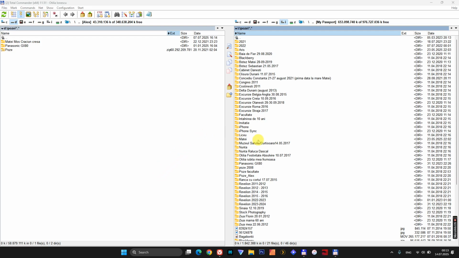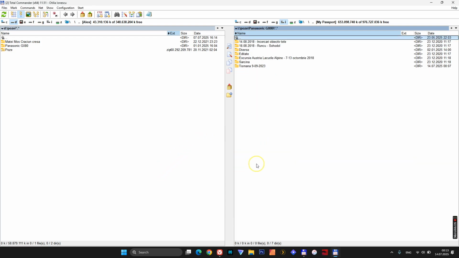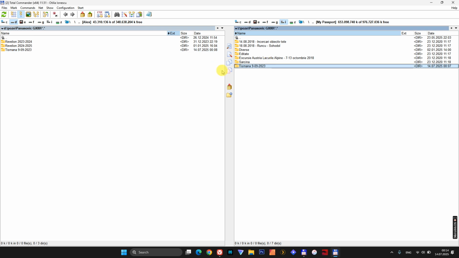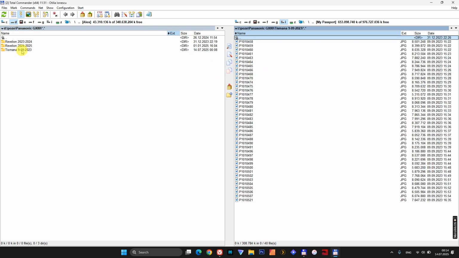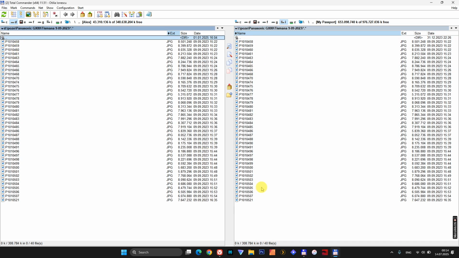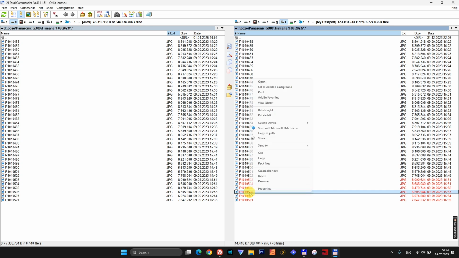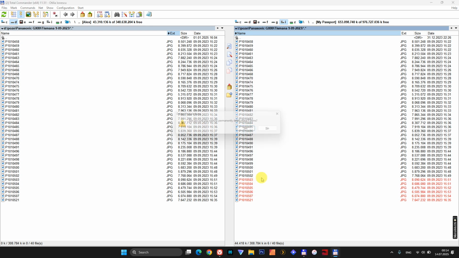Hello, today we have a short tutorial on how to use Total Commander to backup your files. I'm using an external hard drive that includes these two folders. Right now they're identical, but I'm going to delete some photos from the hard drive so you